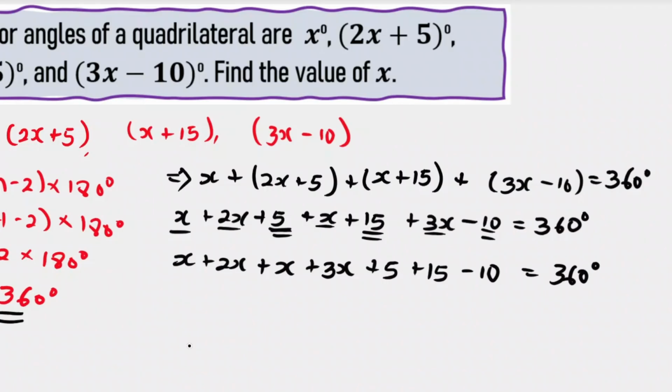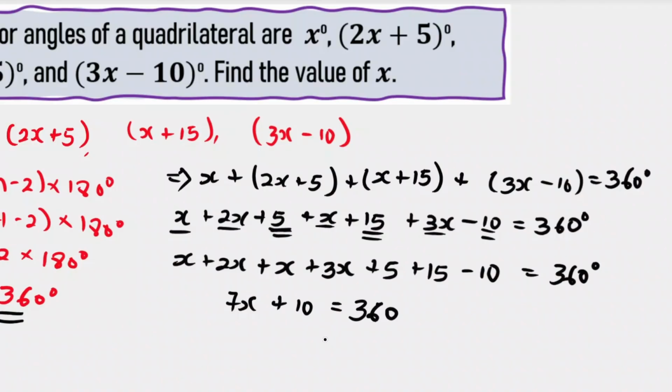So at this point, we have to simplify. x plus 2x will give us 3x, plus x is 4x, plus 3x. That's going to be 7x. So you have 7x for the letters. Now let's come to the 15 plus 5. That's going to be 20 minus 10. We have 10. So you have plus 10 here, and that is equal to